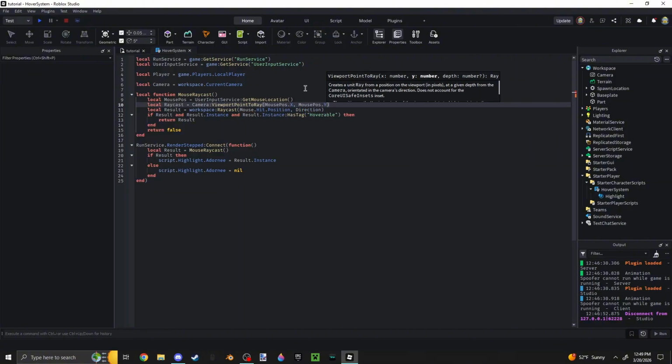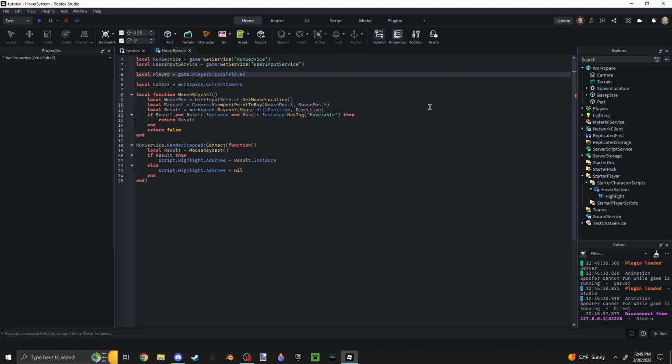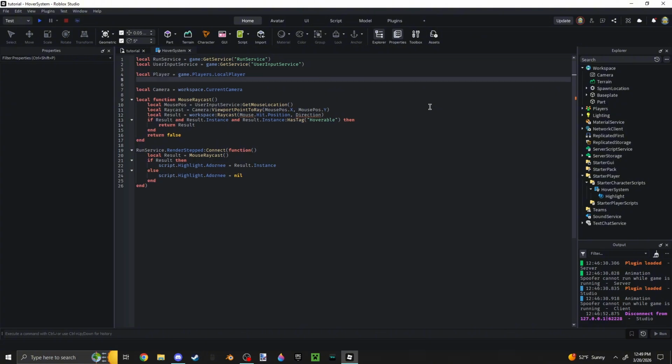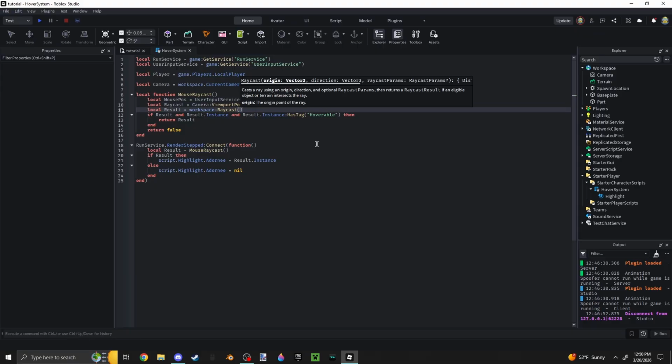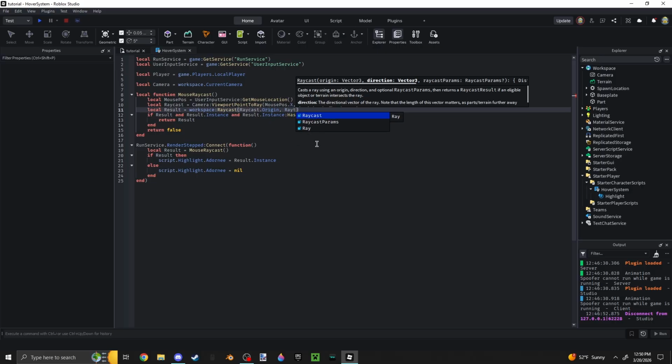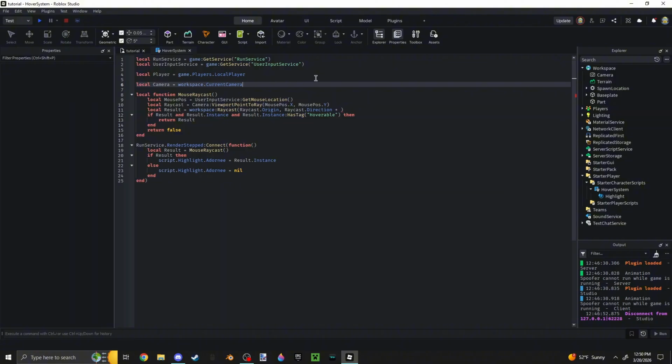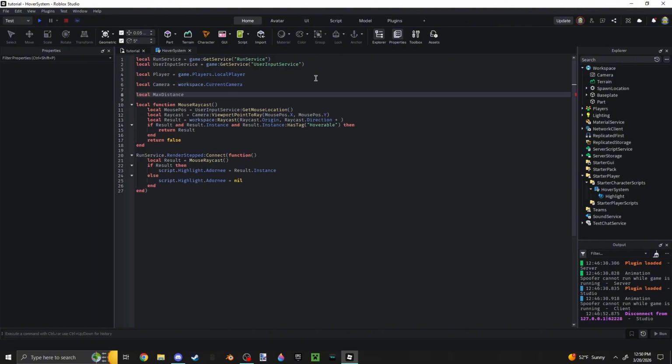And let's also get the character, even though we don't really need it. Actually, no, we don't need the character. So for result, we can get rid of this inside this. So workspace:Raycast, and we'll say raycast.Origin, raycast.Direction times. Let's make a variable actually for this. We can say local maxDistance will be equal to